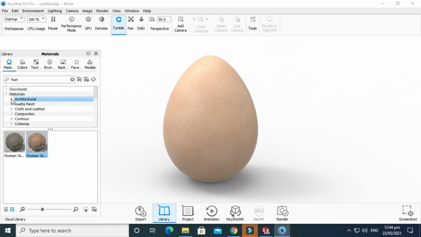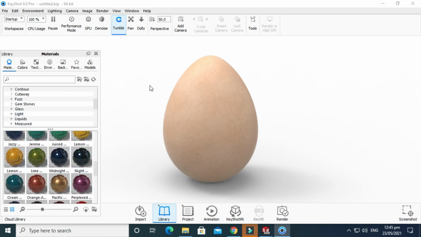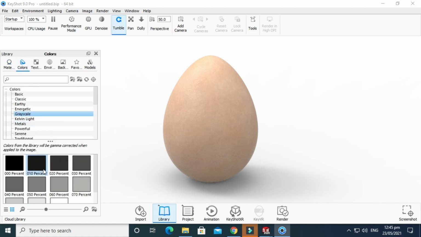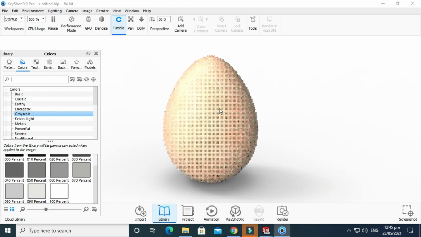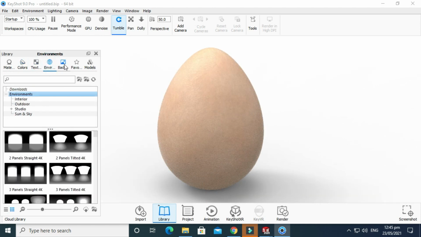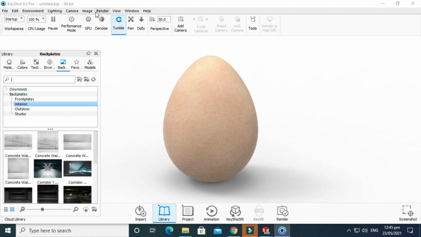You can apply many materials on this, but I select this because I have already rendered this with this material. You can apply some colors to this body, some textures, environment, and backgrounds, right?